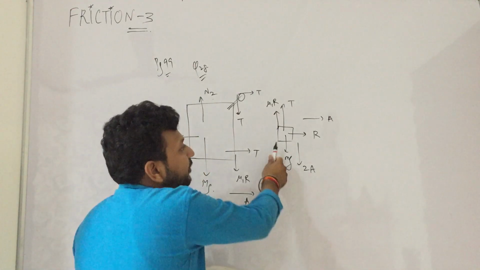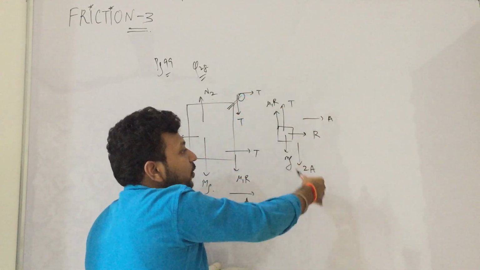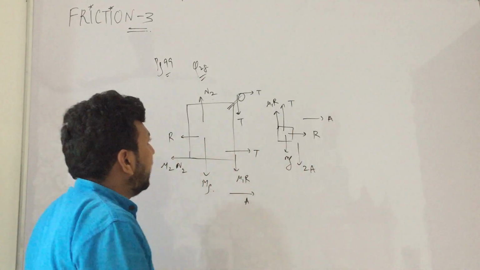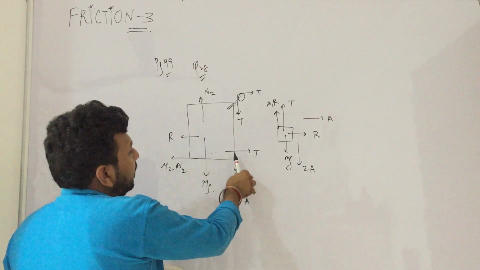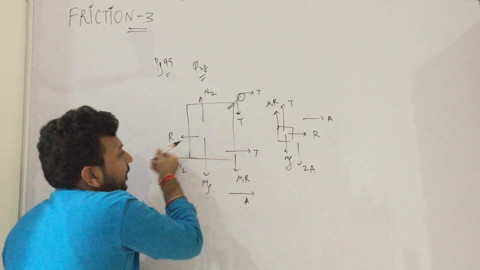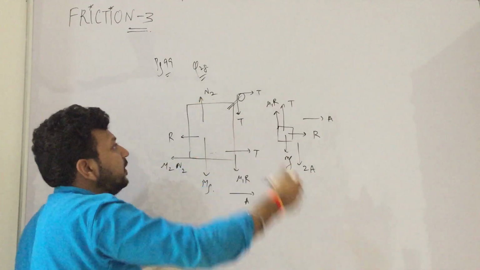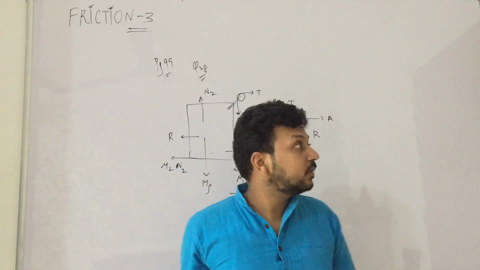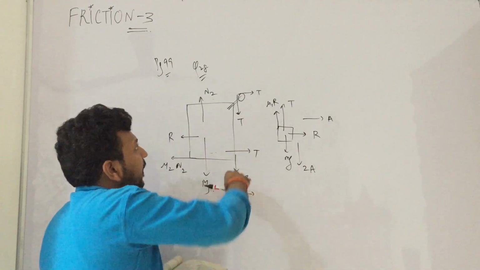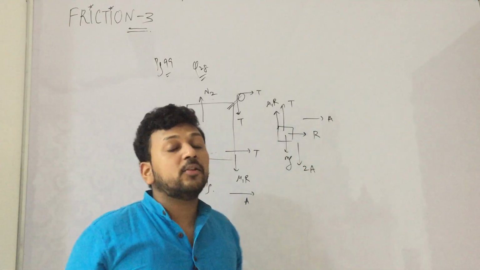So for this, what will be the equation? mg minus mu1 R minus T is equal to m into 2a. For this, R is equal to small m a. And for this, T plus T minus R minus mu2 N2 is equal to capital M into a. N2 is equal to T plus mu1 R plus mg. So these are the equations. T plus T minus this is equal to M into a, and upper forces are equal to lower forces. That's it. So this is how it has to be solved.